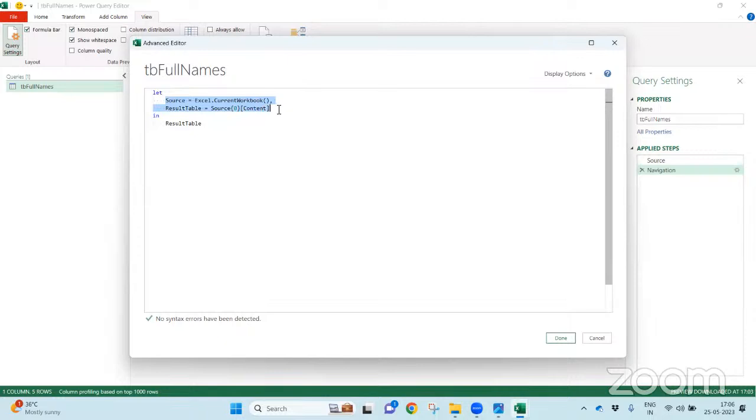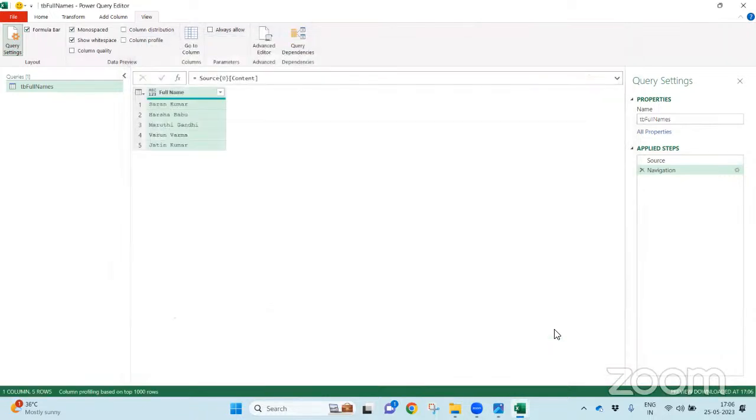Between let and in, all the steps must be there. And after in, whatever final result you want to display should be there. And one more rule is that for all the steps, there must be a comma at the end, except for the last step, right? So let me click done.